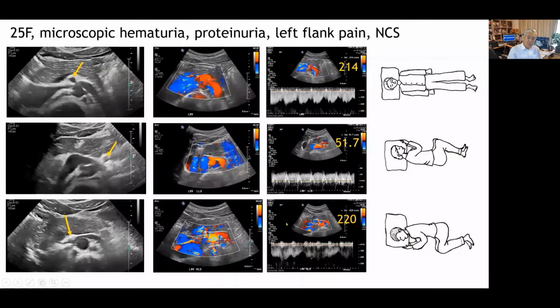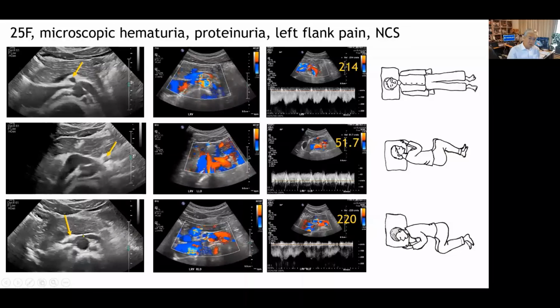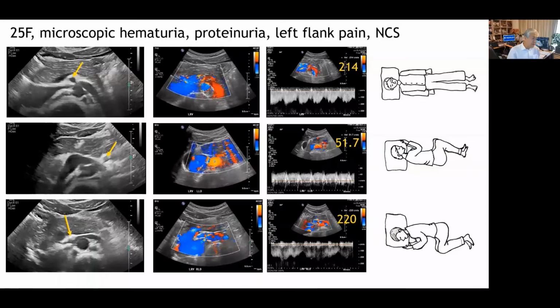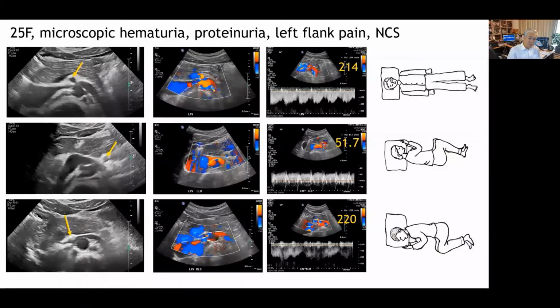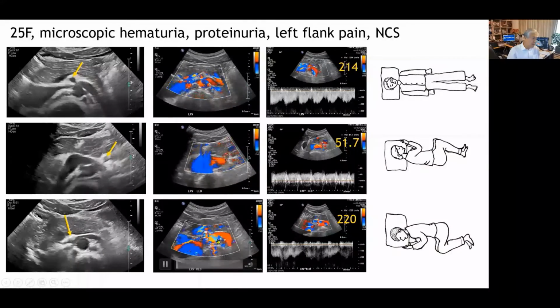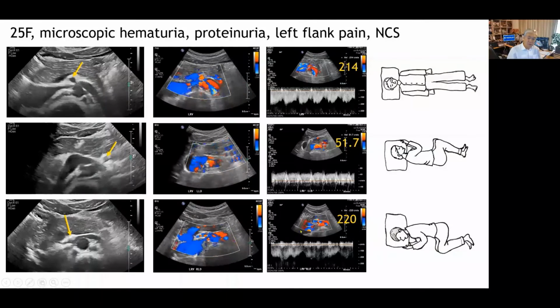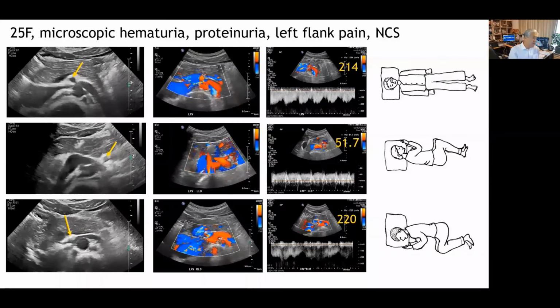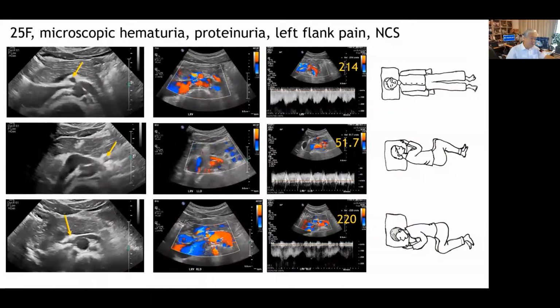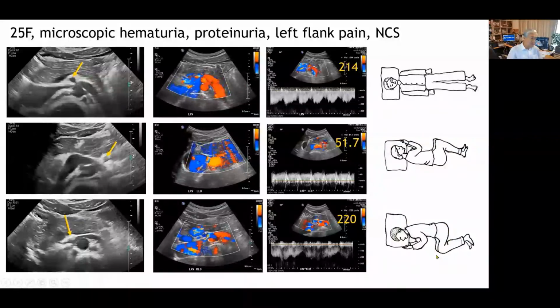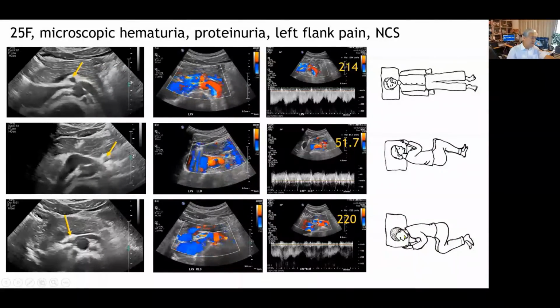And when the patient takes right lateral decubitus posture, the superior mesenteric artery came back to the pre-aortic location, and the left renal vein is tightly compressed again between the aorta and superior mesenteric artery, and peak flow velocity was 220 centimeters per second. She told me that her usual sleeping posture was right lateral decubitus, and I explained about the